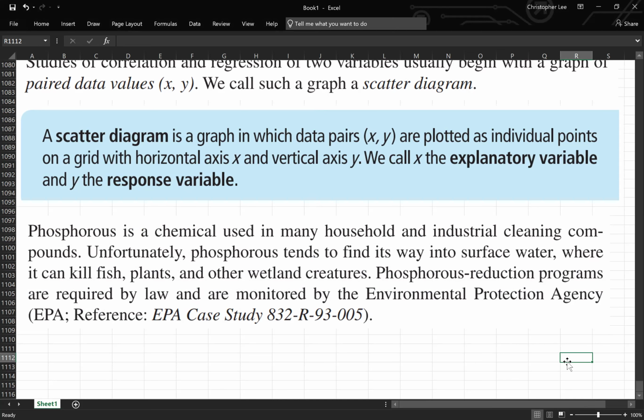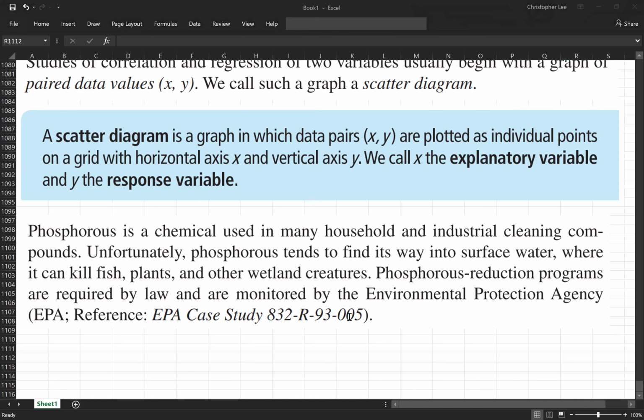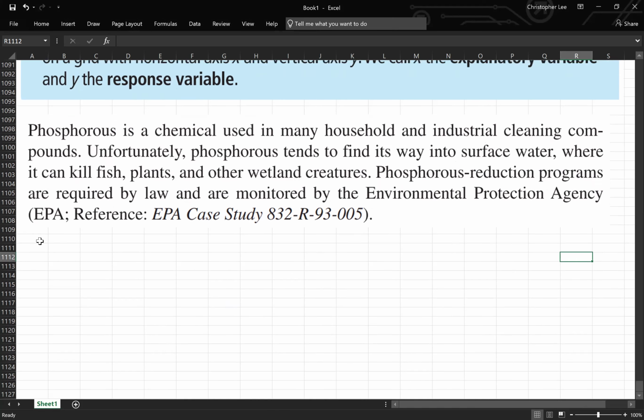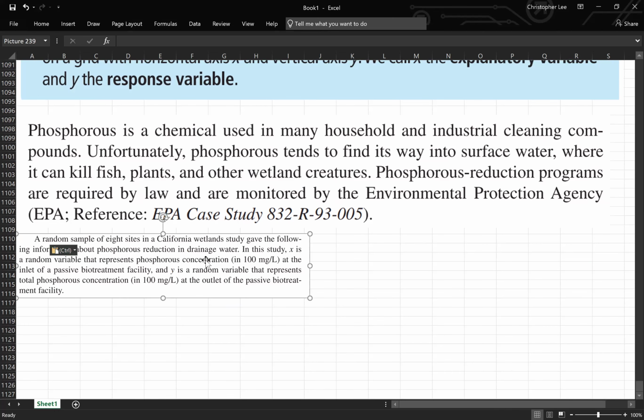Phosphorus reduction programs are required by law and are monitored by the Environmental Protection Agency, EPA. I wonder what's going to happen to the EPA when we change leadership. Anyway,